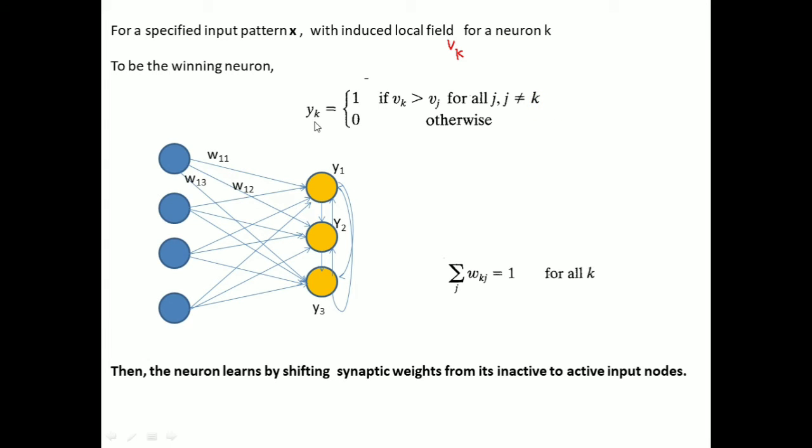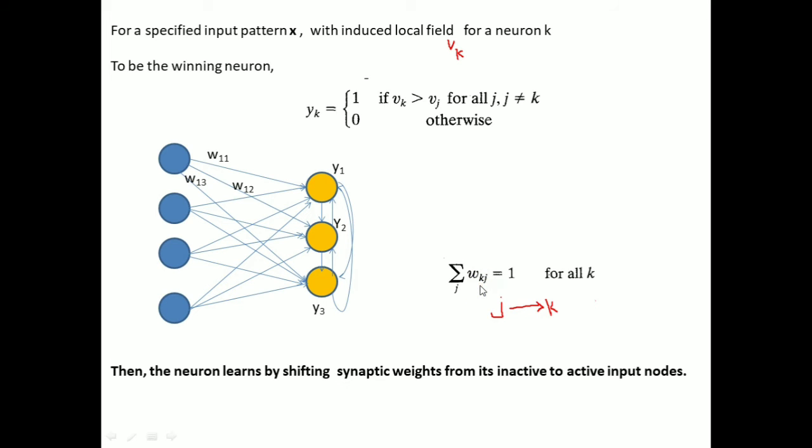Then the output signal Yk of this winning neuron is set to 1, and the output signal of all the other neurons which lost in the competition are set to 0. So this is how we write Yk equal to 1 if Vk is greater than Vj, and Yk equal to 0 otherwise. And now let Wkj denote the synaptic weight connecting the input node j to the neuron k, and